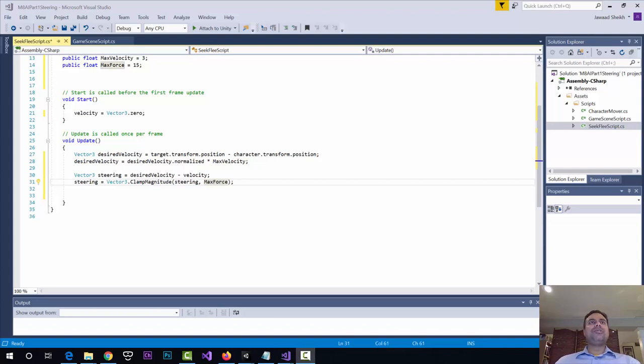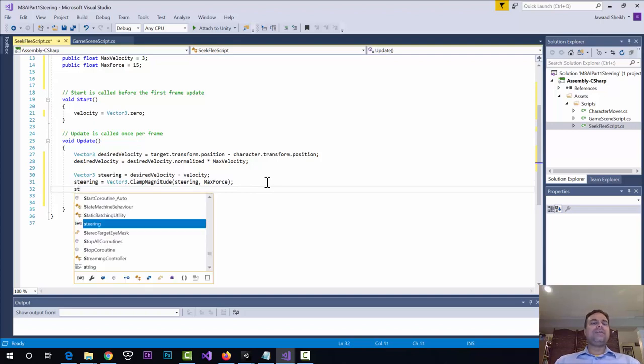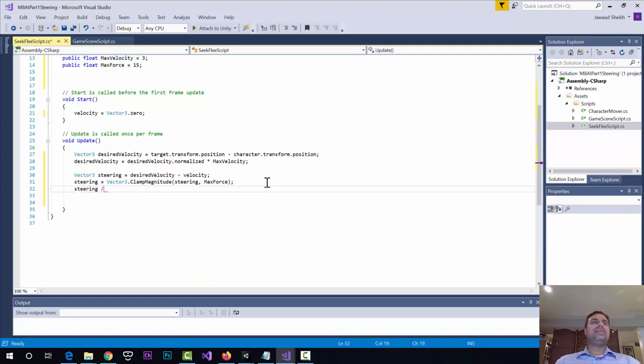I mean max force. We're clamping it between steering and max force. All right. Now we're going to divide our clamped steering vector by mass. So we'll say steering /= mass, based on the mass that we're applying. So you change the mass, you fine tune the mass in order to adjust your